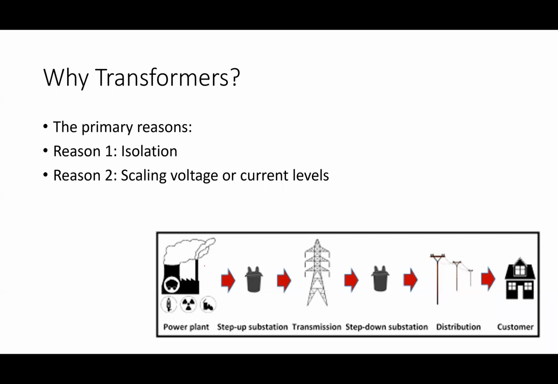Coming out of a power plant, I might have somewhere in the order of 20-ish kV, kilovolts, okay? Going up onto the transmission level, it could be 130 kV, could be 500 kV, right? I got a couple of options up there. I have really big voltages. And then I step it down once I get closer. And by the time it gets to your house, it's about 120 volts, much smaller than it ever was. So we do all this stepping up of the voltage and then stepping it back down.